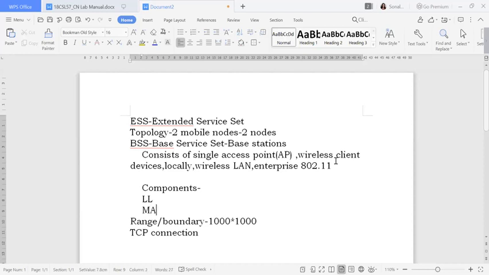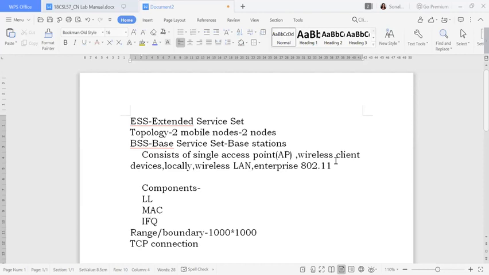One more is your MAC layer. One more is your IFQ. What is that IFQ? Last time we also did it: it is the interface queue. All these things will be together. These are all the components.